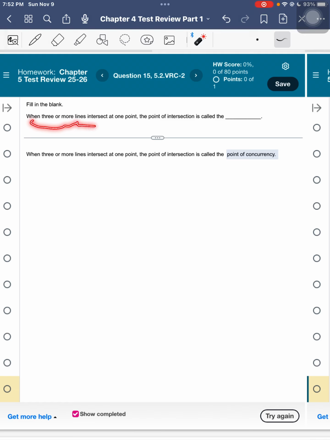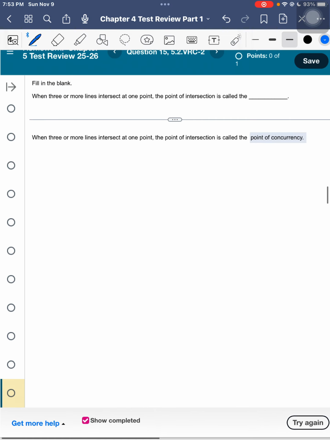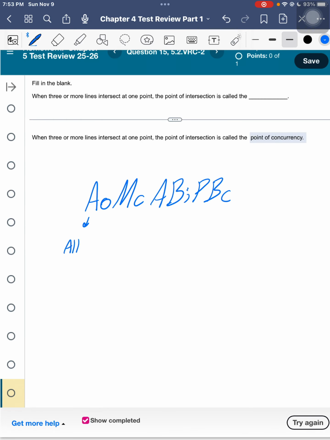When 3 or more lines intersect at one point, the point of intersection is called the point of concurrency. Remember the mnemonic device, because it's going to be pretty helpful: All of my children are bringing in peanut butter cookies. So this A stands for altitudes, and the point of concurrency of altitudes is the